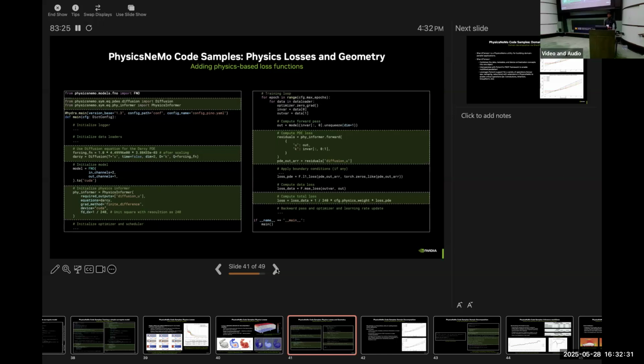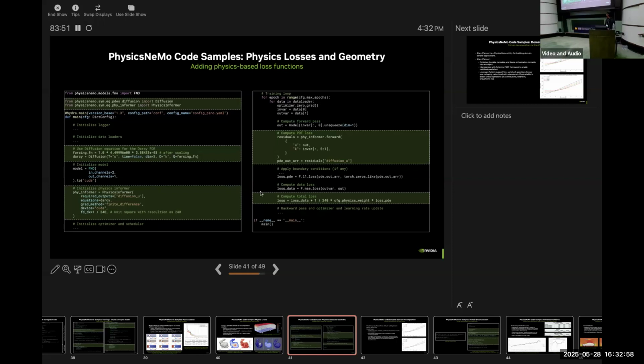By just a matter of a few lines, you can define the parameters of your PDE and create a loss function through it. Here I'm saying that I want to use finite difference as a method to compute my gradients. I could choose autodiff here, or any other method that I talked about before. And you can just add it as an additional loss term in your overall loss.